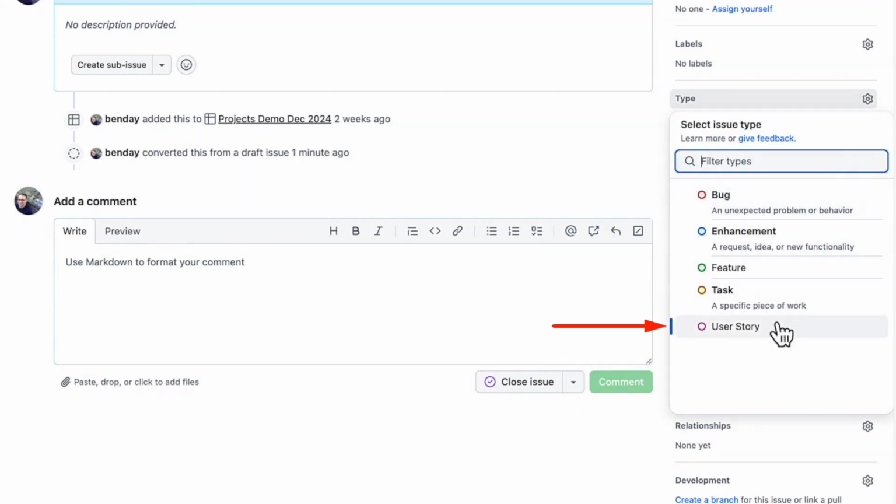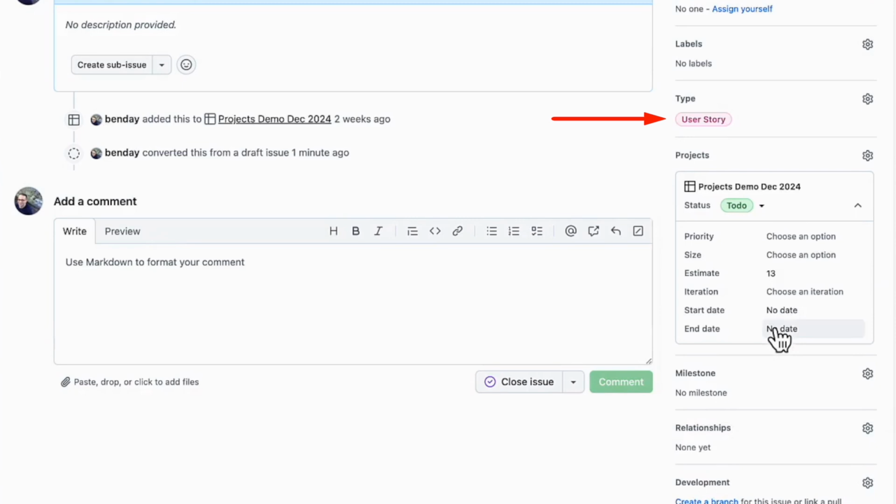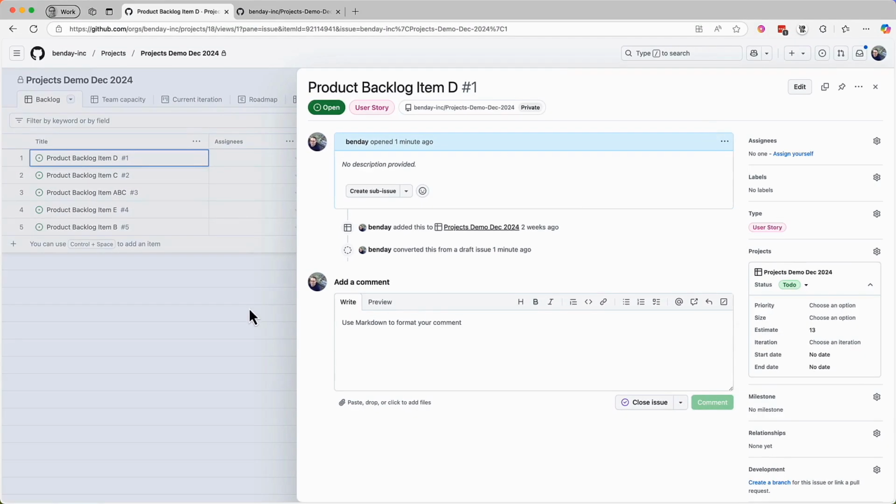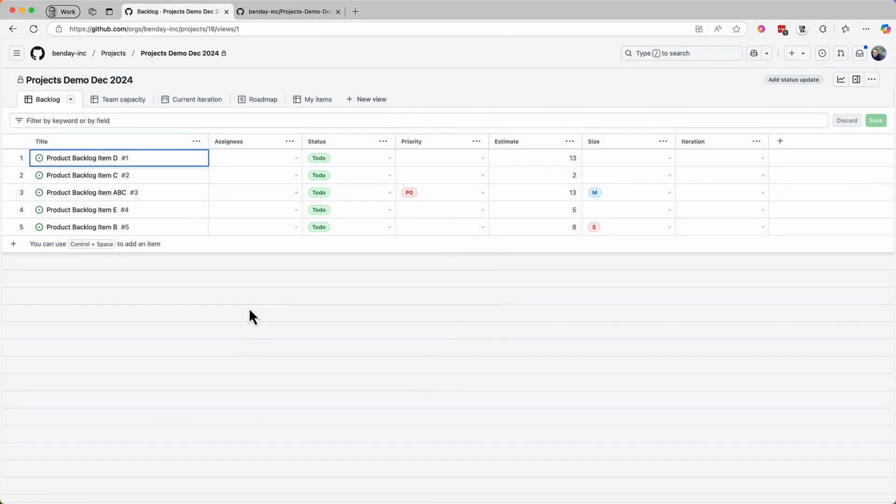The issue type I'm going to select is user story. User story is just another word for requirement, which is another word for product backlog item. So user story it is. Choose User Story from the menu, and now we can see the little User Story badge under Type. But when we get back to the backlog view, we can't see the User Story issue type,